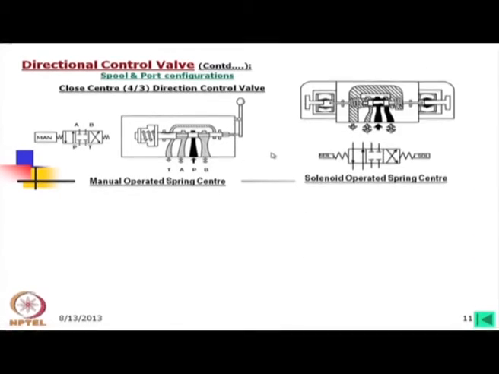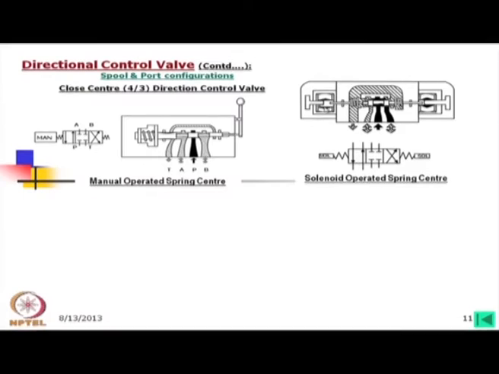Now, we will look into this spool configuration in a little better way. Here another valve is shown, which is solenoid operated, and it is of course spring centered. In that case, solenoids are on both sides. Solenoids again are on-off type, not position control. So, in some cases you will find only one side solenoid, but double acting. In other cases you will find single acting solenoids on both sides. In this case it is the solenoid at both sides.